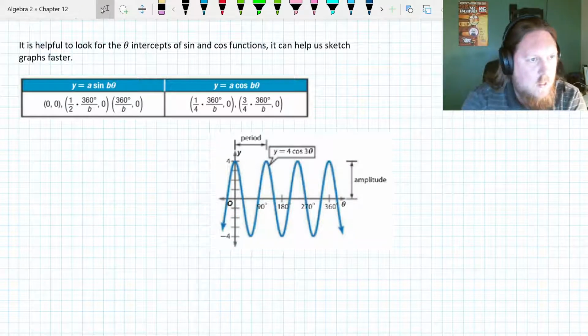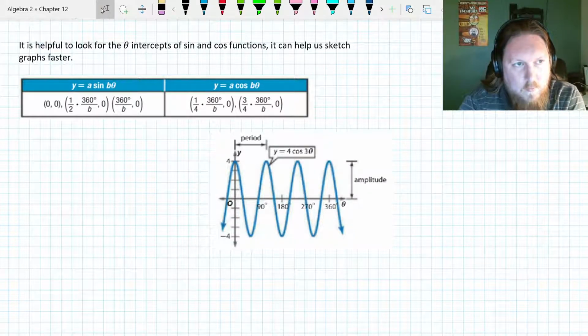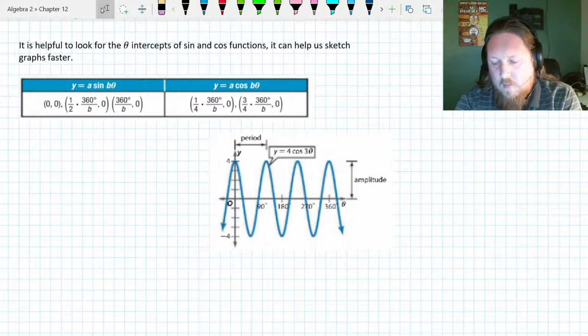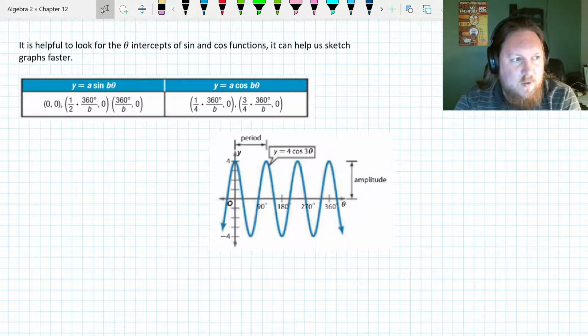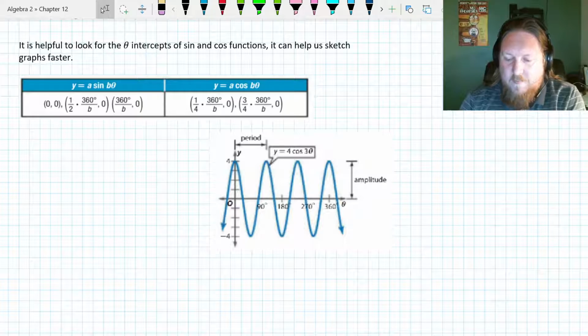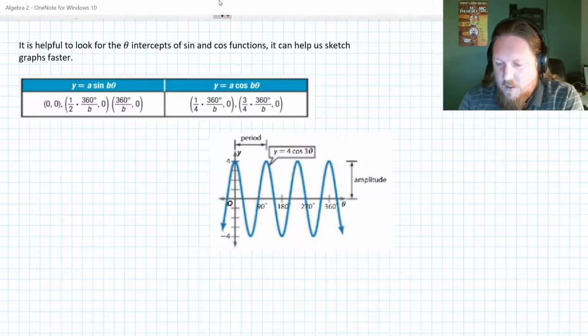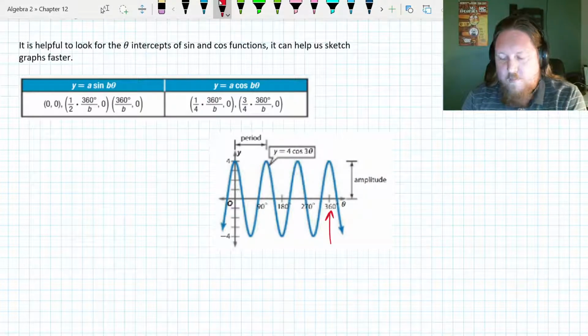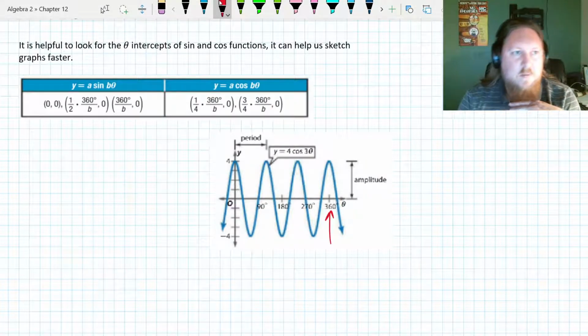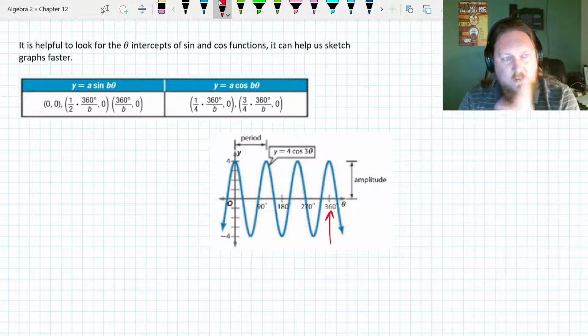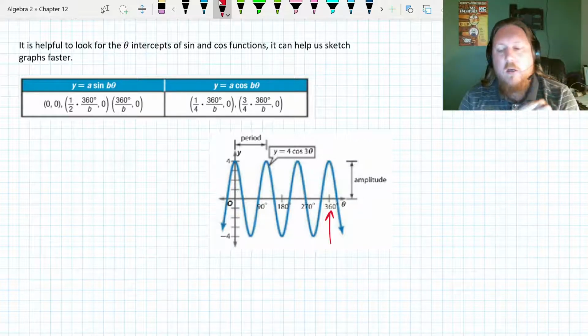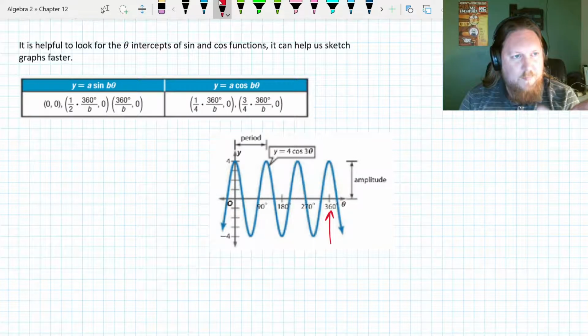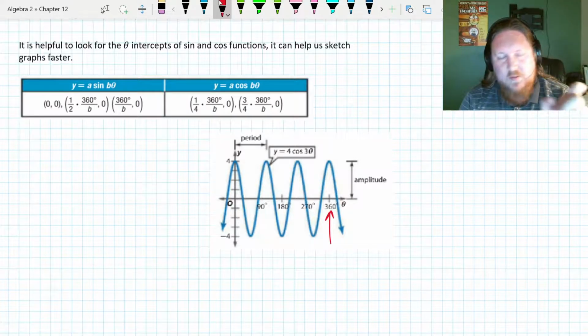Okay, the next thing we're going to take a look at when it comes to graphs is how to sketch them very quickly. And if we take a look at the graph from the previous problem, you can see they kind of go to 360. Sometimes you get a lot of different cycles in 360 because you have a short period. You might have a longer period, and if you have a period that's over 360 degrees, you usually make